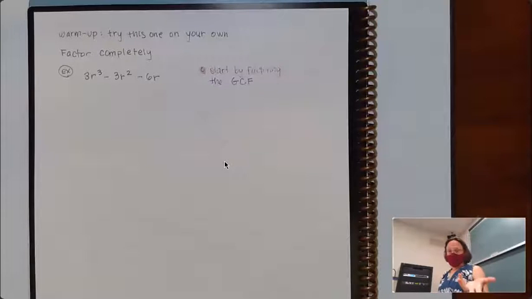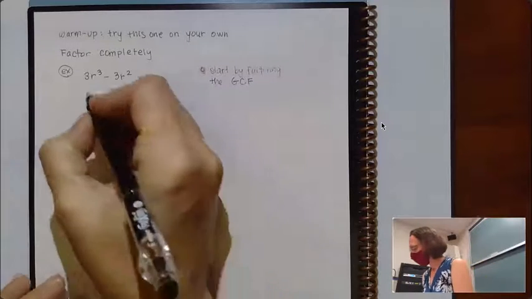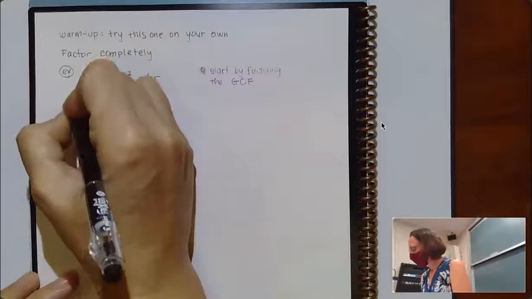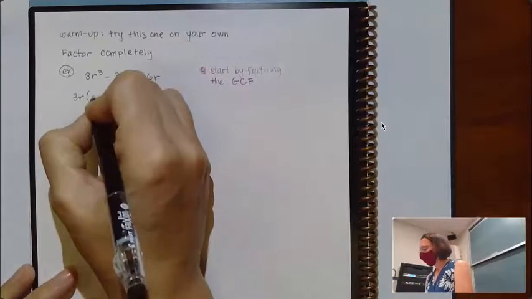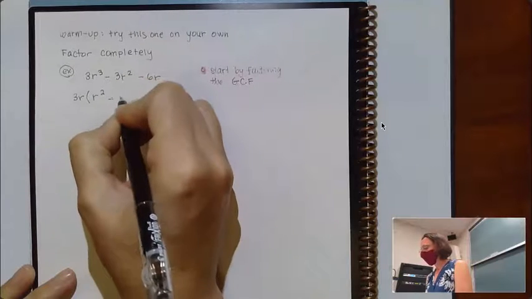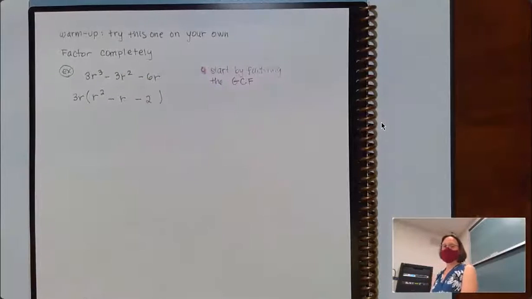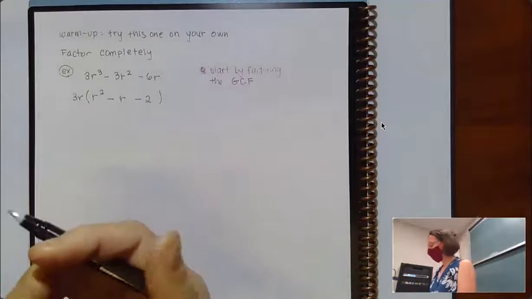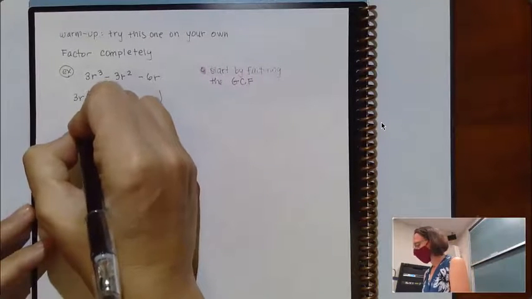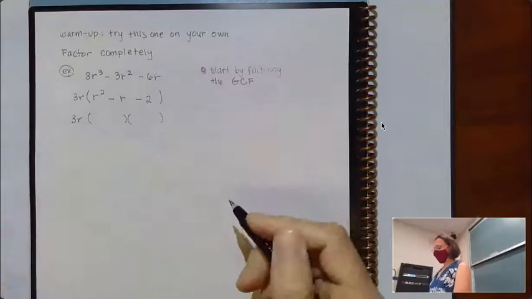Okay, should we get this going? I got a couple people who have offered up answers in the chat. Looks like most people found that greatest common factor of 3R to pull out. And if I pull out the 3R, I am looking at R² minus R minus 2. Where you go from there is up to you, right? We can do this with an X. We can do this just by thinking through the factors. Either one is fine. I'm going to go straight to here